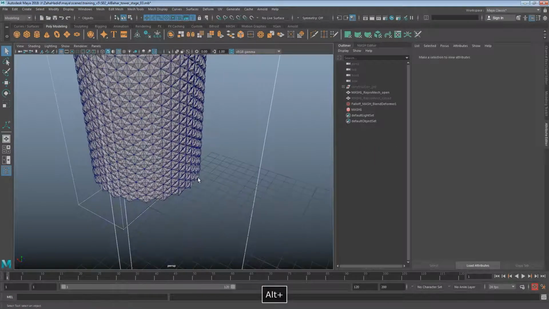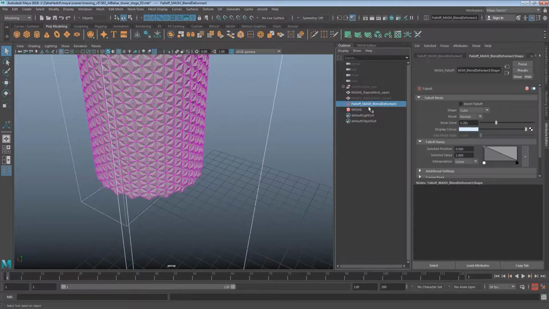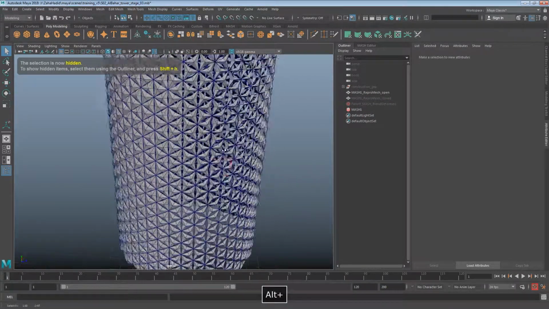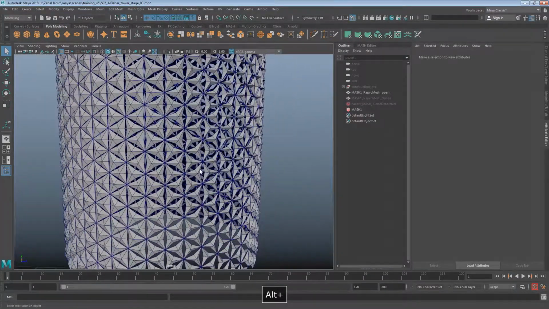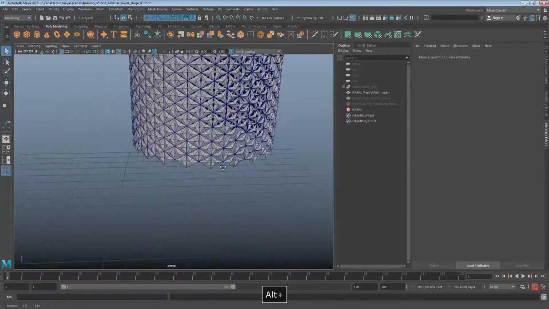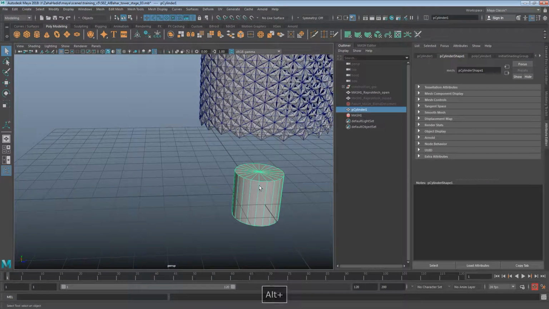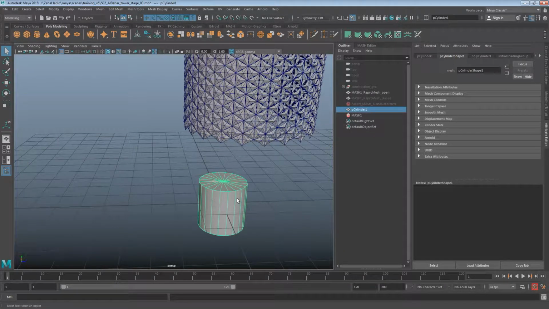Okay, it's really simple what we need to do. I'm just going to hide the objects I don't want to look at. I don't want to look at the faller for the moment. I just want to focus on this mesh that we've got here. What we first need to do is create a cylinder. So shift, create our cylinder. Now, because there's going to be an awful lot of these, we want to reduce this down to the minimum number of edges and faces. So using T on our keyboard,